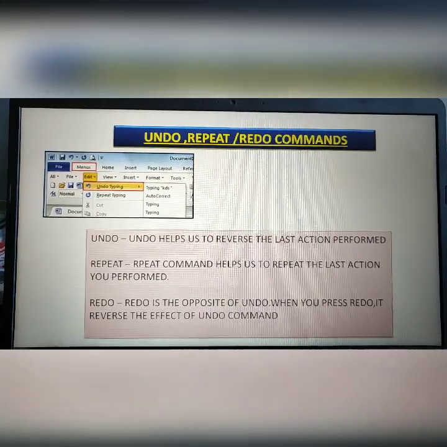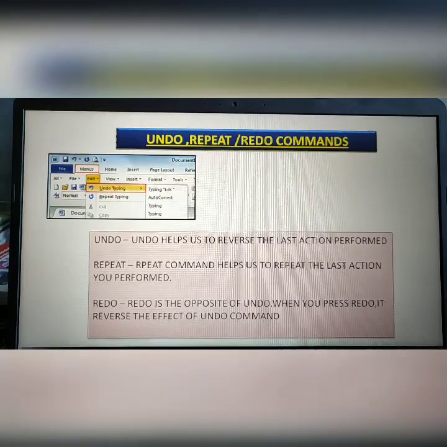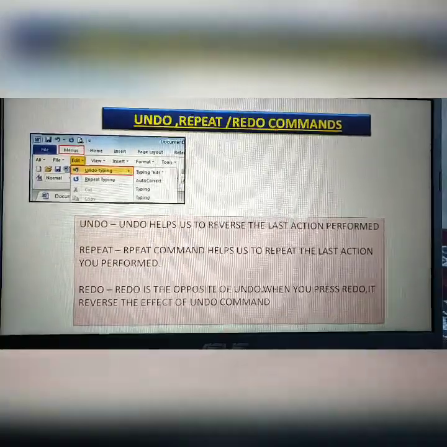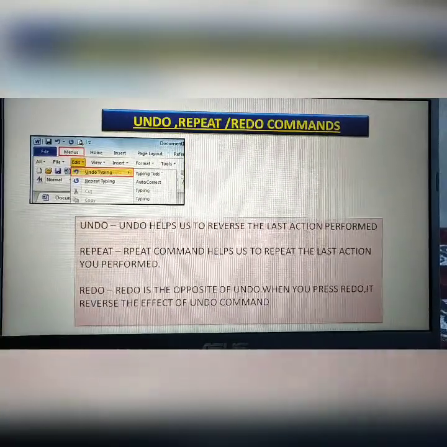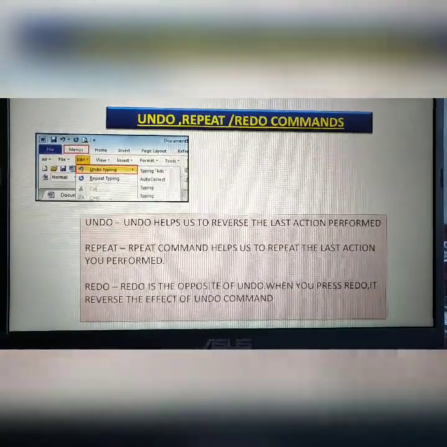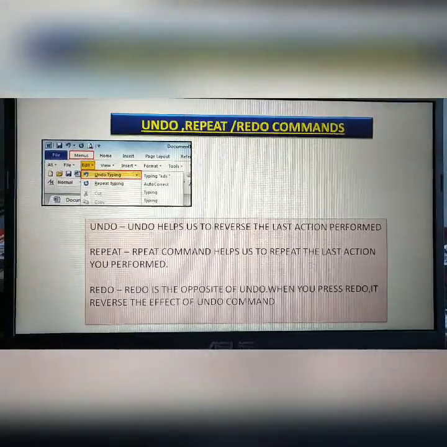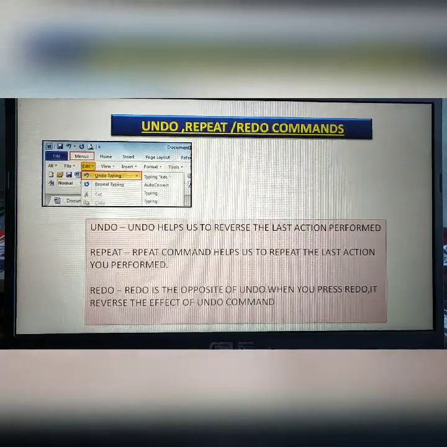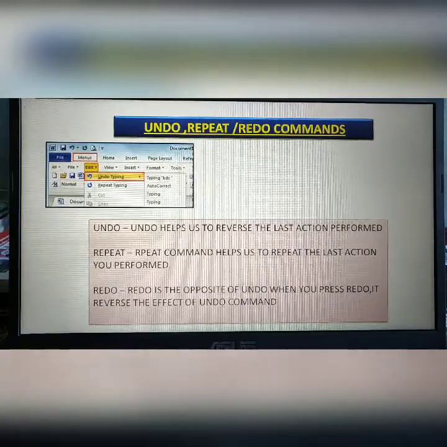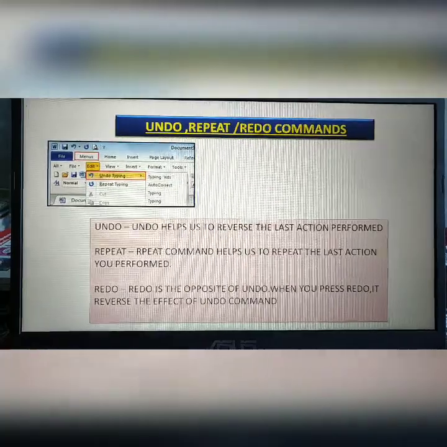So we can say that the redo function restores any actions that have been previously undone using undo. For example, if you typed a word and then deleted it using undo, the redo function would restore the word that you deleted.